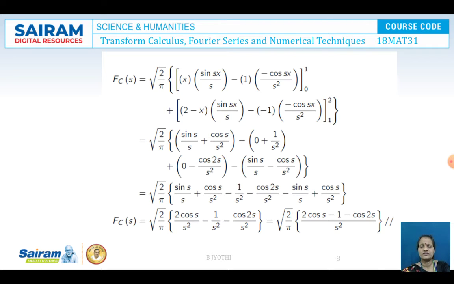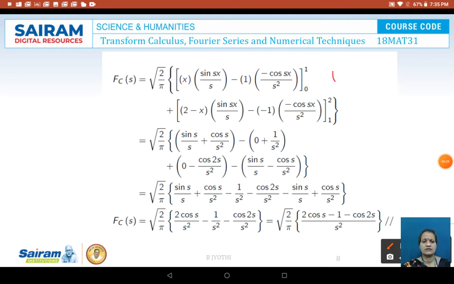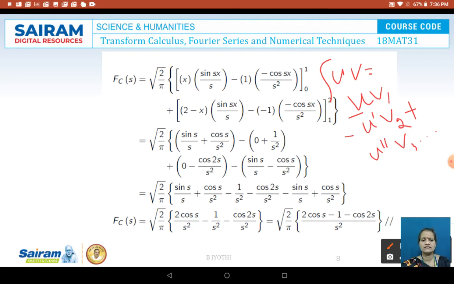Only the first and second integral needs to be done by Bernoulli's rule of integration, which I have discussed already. Integral of uv is given by uv1 minus u dash v2, that is sufficient because we have a linear factor for u, plus u double dash v3 and so on, which is not required. Now x into sin sx by s minus 1 into minus cos sx by s square